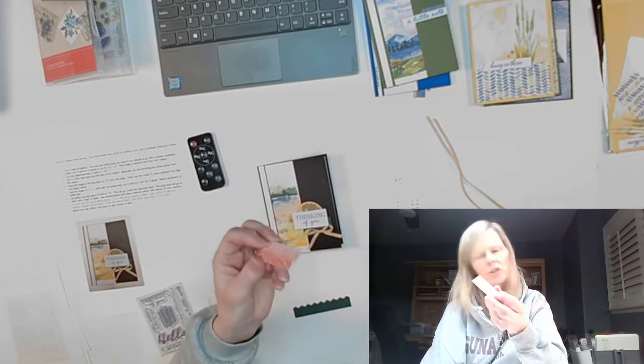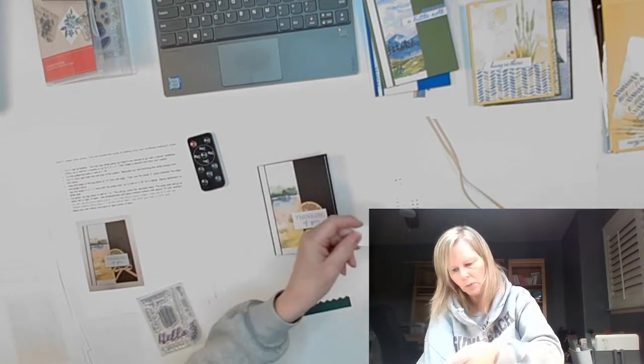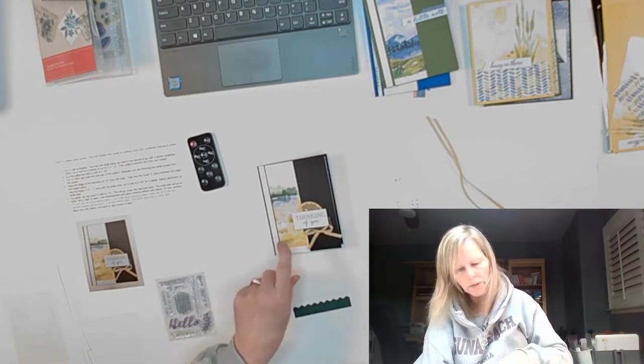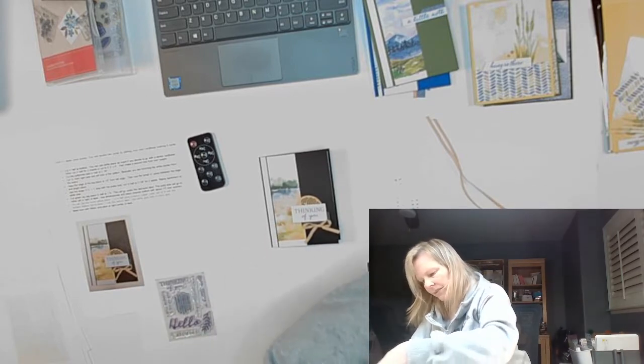Yeah, cut in half at 2 1/8, and you make 2 labels. Or 2, yeah, which one? I use the Thinking of You. That one does fit on that one. Use Thinking of You with that one. So this one, you take the circle